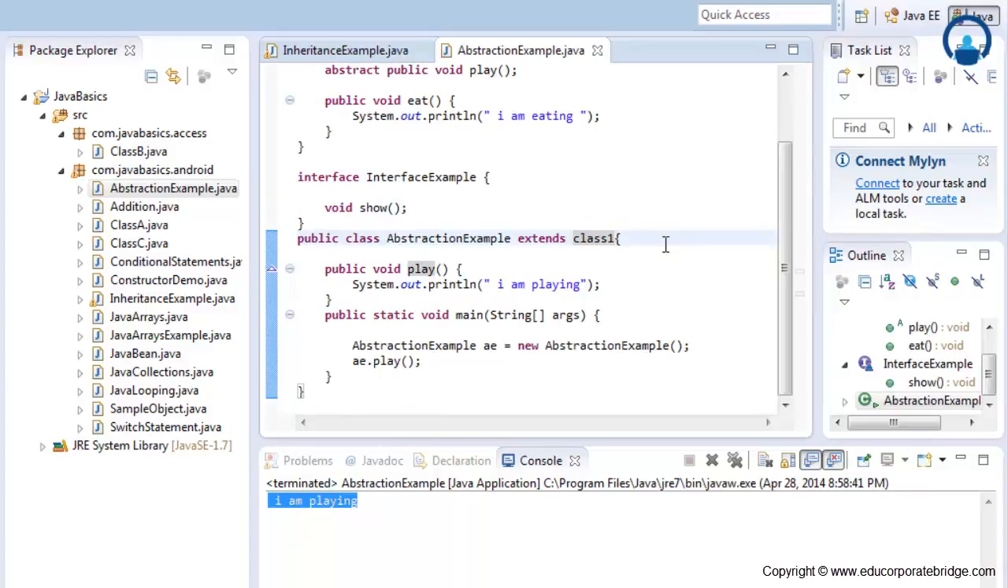Now in a normal class you extend another class, but with an interface you cannot use extends. Interfaces you can implement, you cannot extend interfaces. In Java there is no concept of multiple inheritance using extends. You can achieve multiple inheritance using interfaces only. You cannot extend two classes in Java, but you can implement more than one interface. The syntax is implements